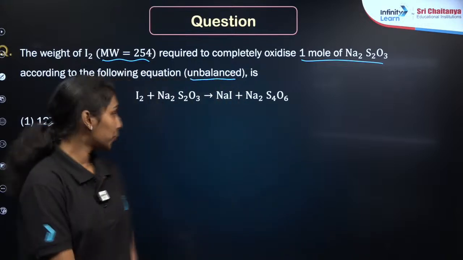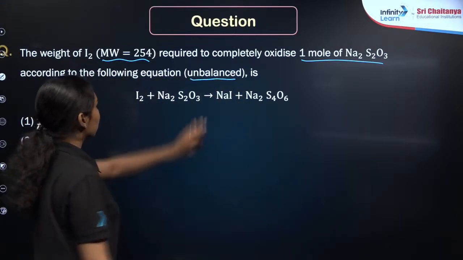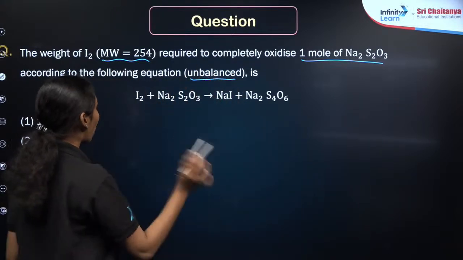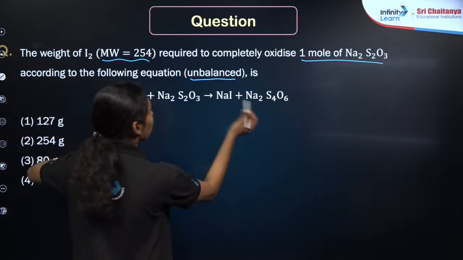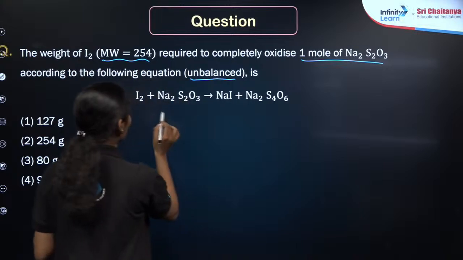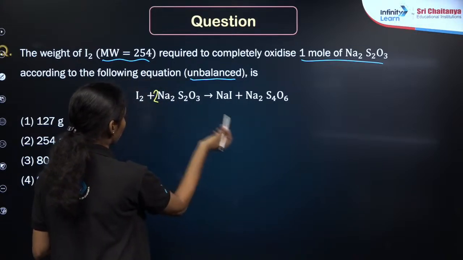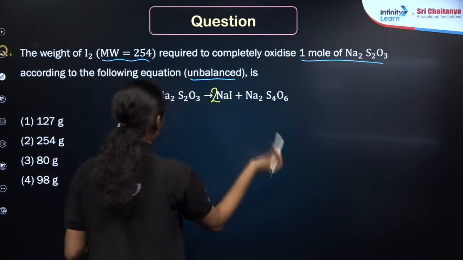The first step you have to do is this reaction, right? It is already mentioned that it is unbalanced, so you have to balance this reaction. Here only 2 sodium is present, here it is total 2 into 3, right? In order to balance this equation, I will just put it as 2 Na2S2O3 plus 2 NaI, which means that